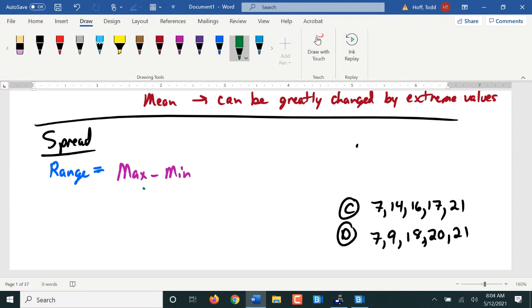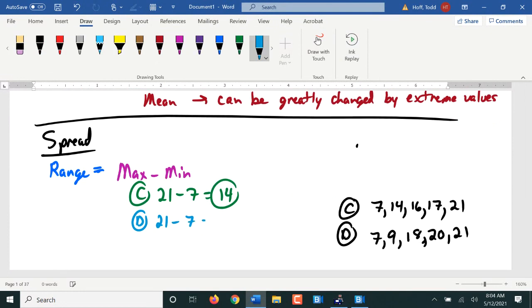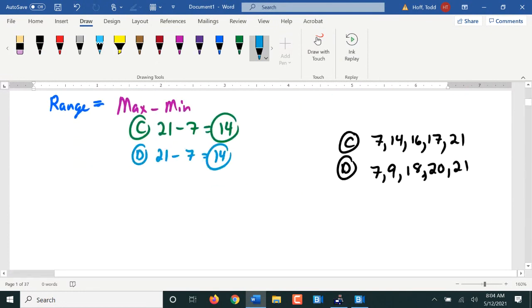Well, here for data set C, it's 21 minus 7. That's a range of 14. For data set D, it's also 21 minus 7. That's a range of 14. But I would argue that these are not equally spread out. If I do that dot plot,